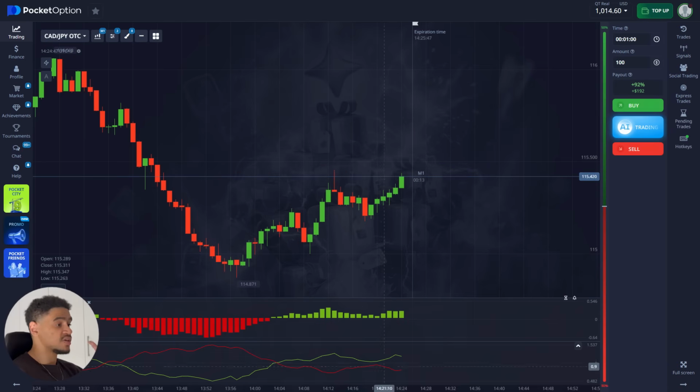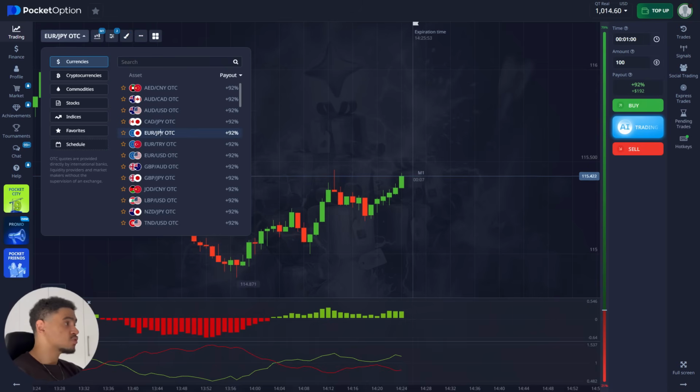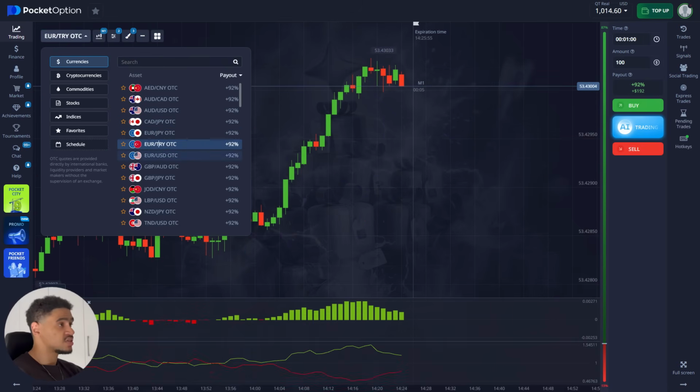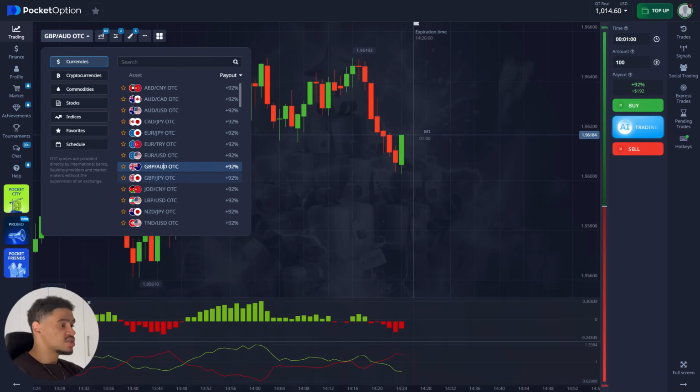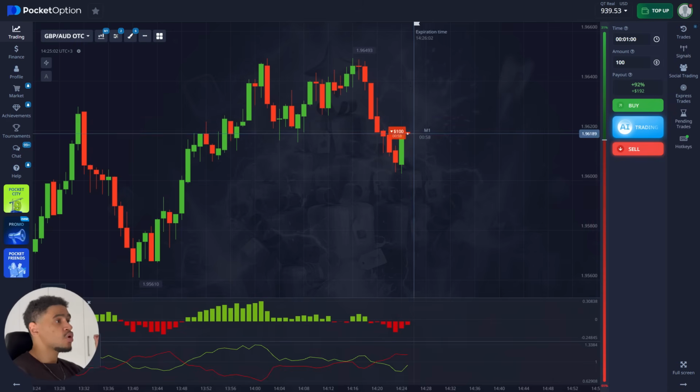And the opposite is true for the sell position. We're looking for the VI minus to go above VI plus, and we're looking for momentum to go below 0. Once all of those conditions are met, you can place your trade, and just as easy as that, you're gonna get your money. It is a super easy strategy, and it requires close to zero knowledge in trading as long as you follow the rules of the strategy.